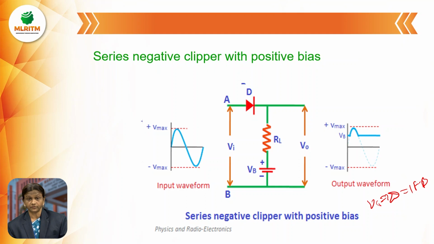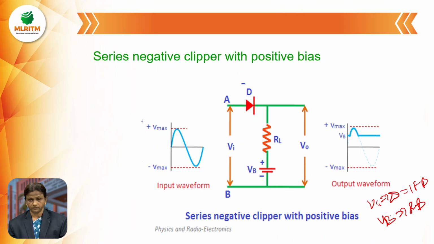Next, Vb is nothing but a reference voltage or biasing voltage. In this biasing voltage, positive terminal is connected to cathode of diode D through RL. So whenever positive terminal is connected to cathode, diode D is in reverse bias. So due to Vb, diode D is in reverse bias. Now we have to check two conditions: Va less than Vb, Va greater than Vb. So due to Vi, diode D is in forward bias. Due to Vb, diode D is in reverse bias.